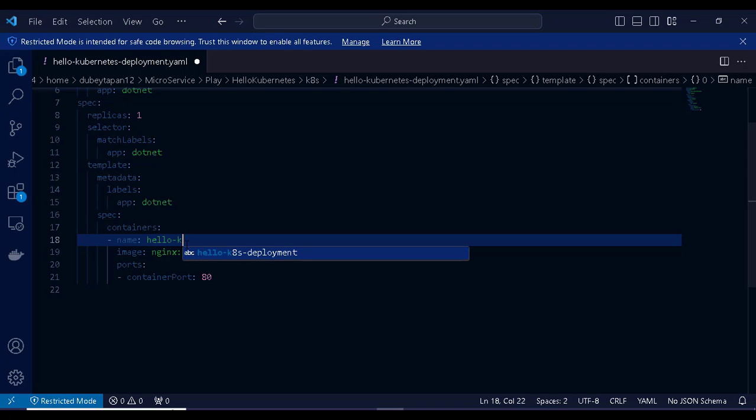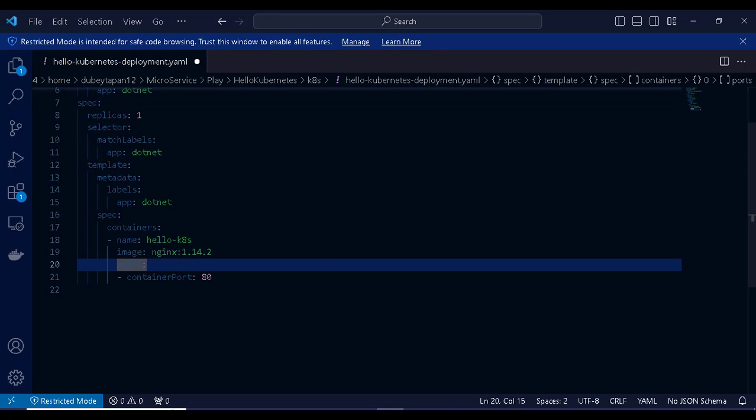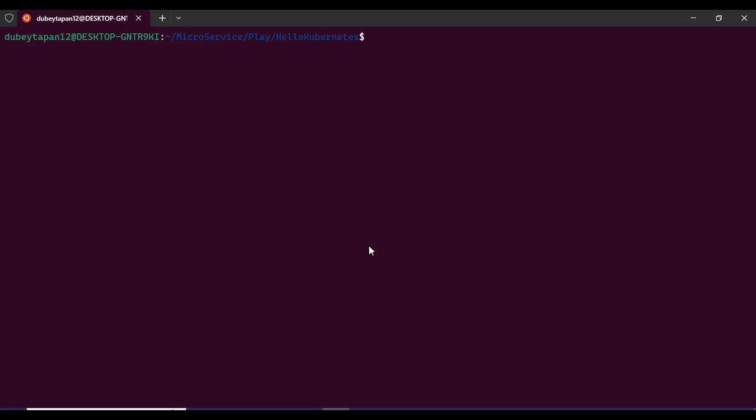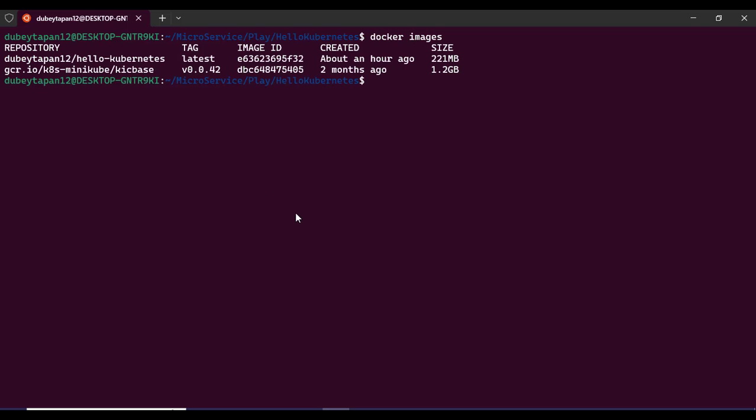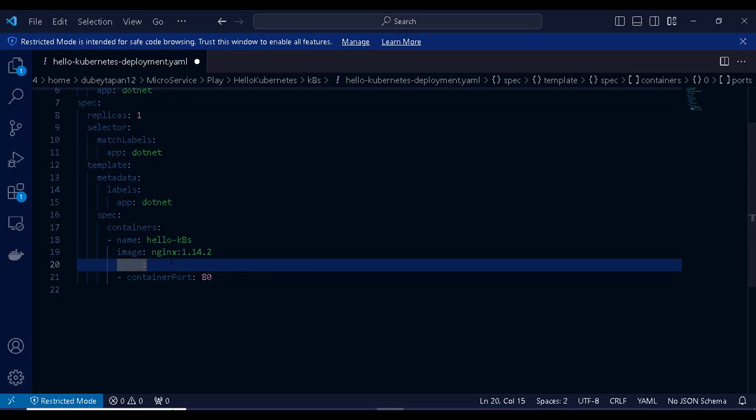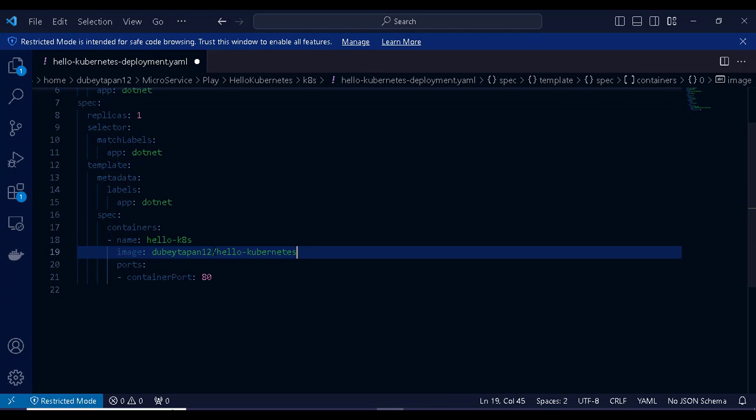hello K8s. And for the image name, this time we need to give the image of our Docker image that we pushed to Docker Hub. So let's go back to the command line, and here let me run docker images again, and here you can see this is our image, right? So let's copy this image and let's paste it here,